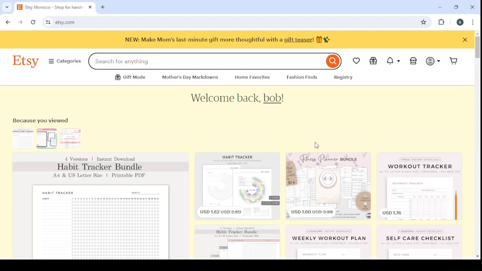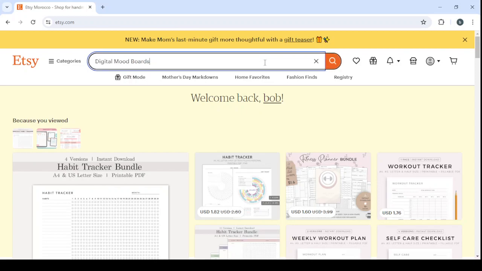Then I'm going to introduce you to a spy tool that is going to confirm to you that this product is really a winning product, and also you can use it in the future to know winning products from the ones that are not winning, and also to spy on shops, see what are the products that make the most amount of money for them. Then I'm going to show you how you can create your own product using canva.com. So let's get started by